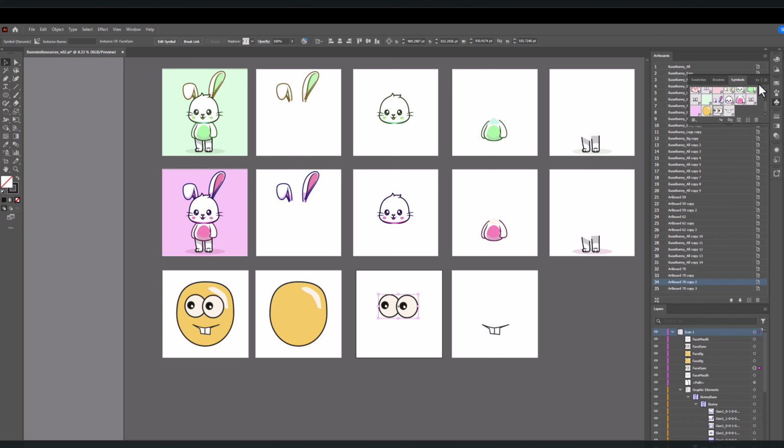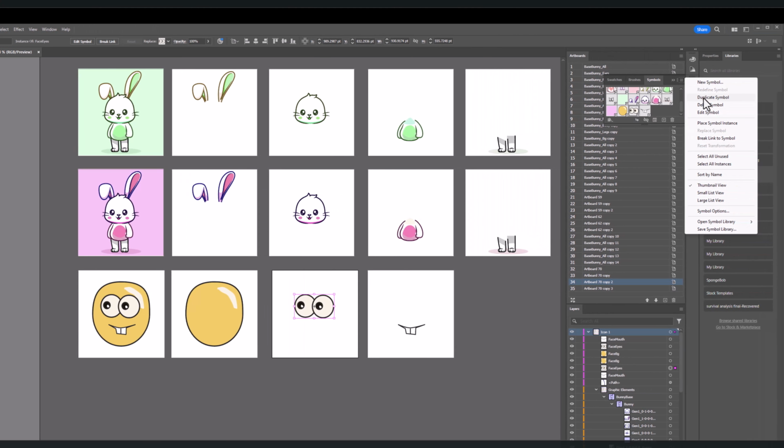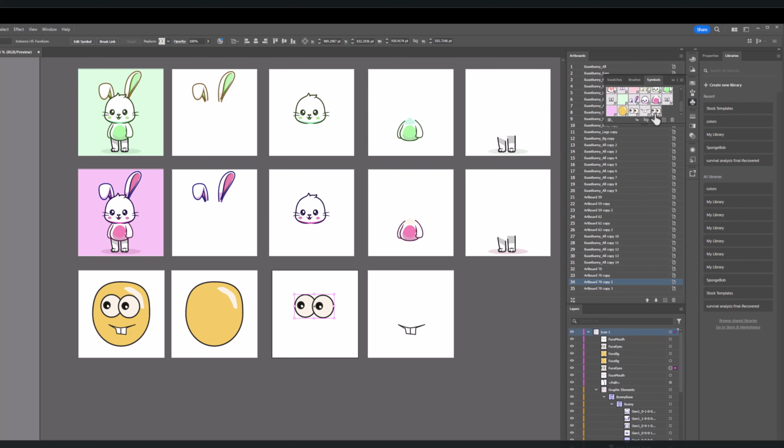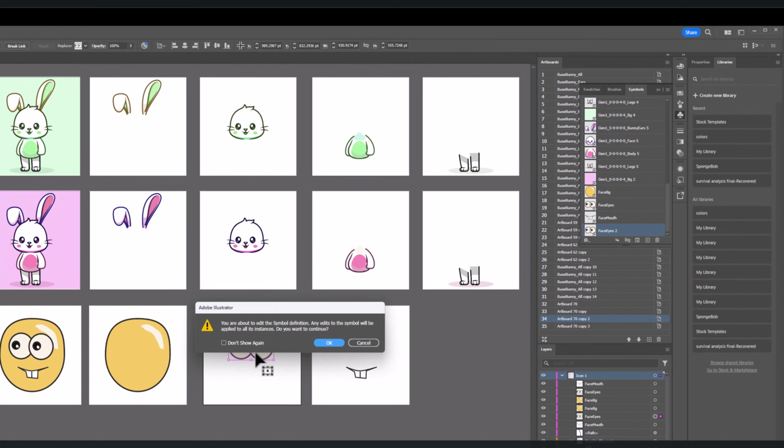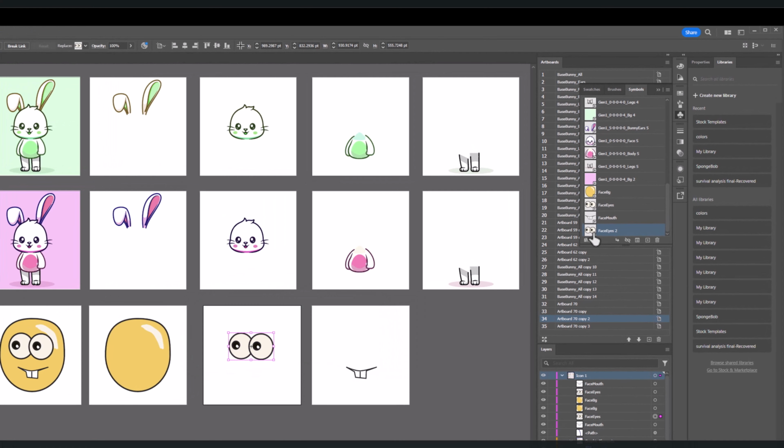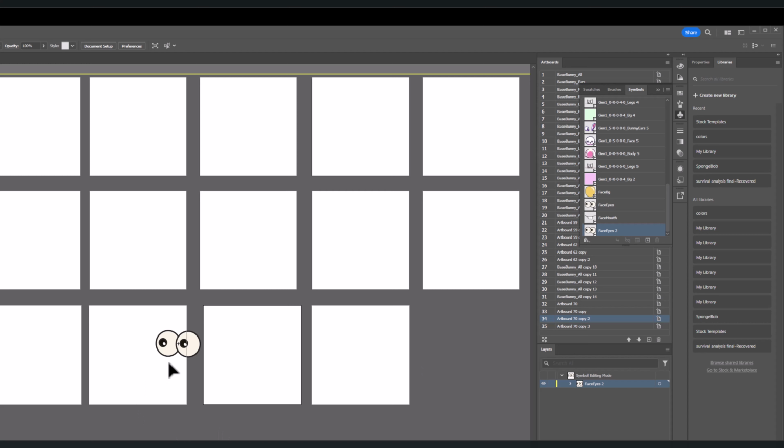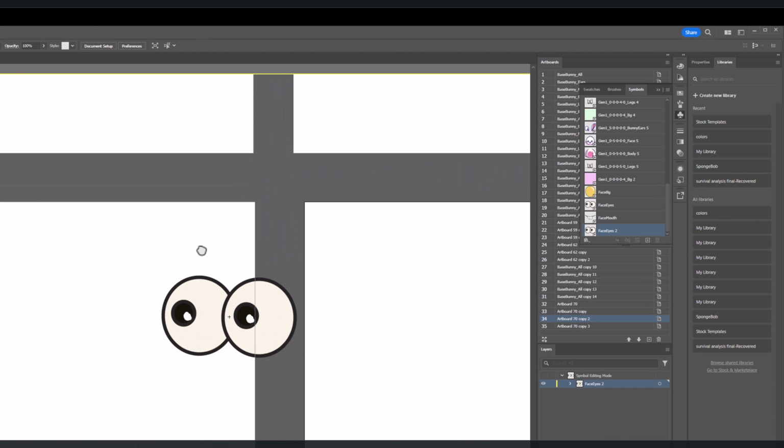So if I select them here and I press here, I have the ability to duplicate the symbol. And this symbol, let me look at it as a list, large list view. Okay, so the list is face eyes 2, and actually it's okay, the name. Let me just edit it. So I'll go inside. Oh, it's not this one, it's this one. So I'll double click here, I go inside, I zoom in,